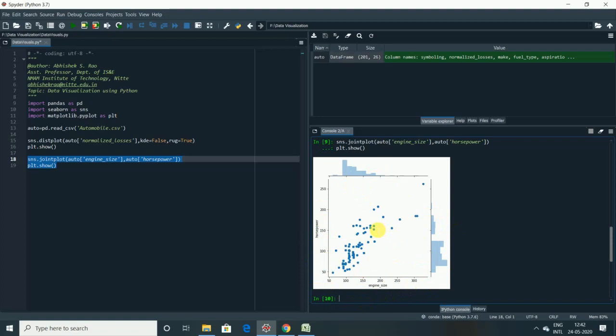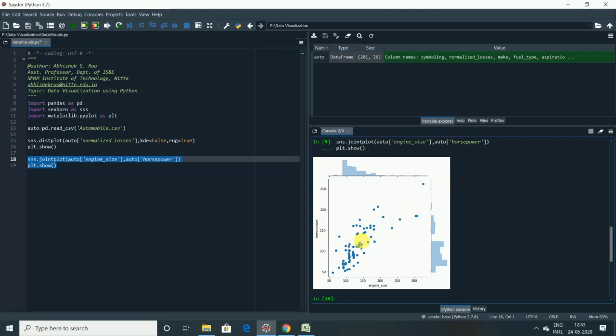We can also see the correlation coefficient among them, so how they are correlated to each other, and you can see some outliers which are very far from the distribution of this data set. As you can see, the linear relationship between these two variables is slightly on the higher side. Even though we see a few outliers in the visualization, predominantly we see a decent amount of positive correlation.